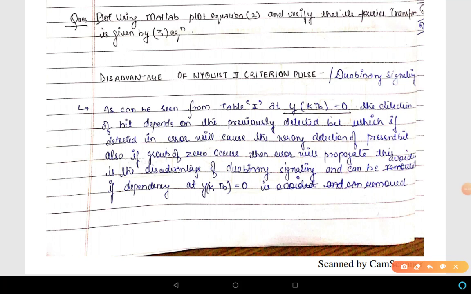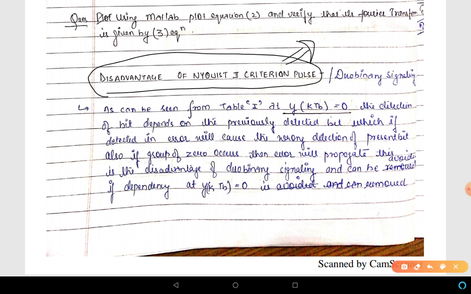Hi friends, in this lecture we'll see the disadvantage of Nyquist second criteria pulse and the remedy, how to overcome this disadvantage. So what is the disadvantage of Nyquist second criteria pulse? The disadvantage is that whenever